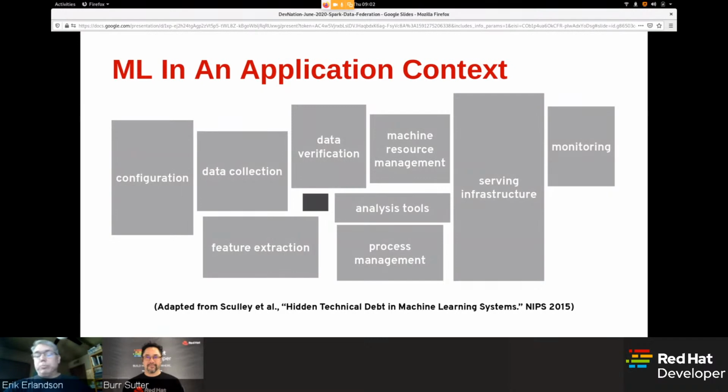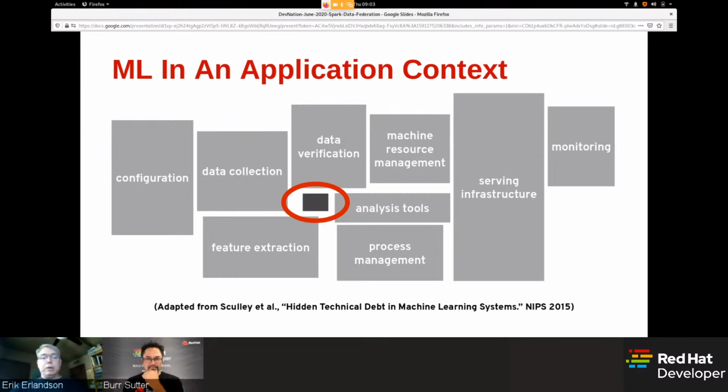So I want to spend some time putting a lot of this into context. There's a great paper called Hidden Technical Debt in Machine Learning Systems. You can see the reference at the bottom. But if you look at this little black box, this essentially represents the role of actual machine learning models in a larger system. And so you can see that true machine learning in terms of deploying learning models like neural networks, deep learning, decision trees, etc., is a very small component of a true application system. However, it can have an outsized influence on the rest of the components.